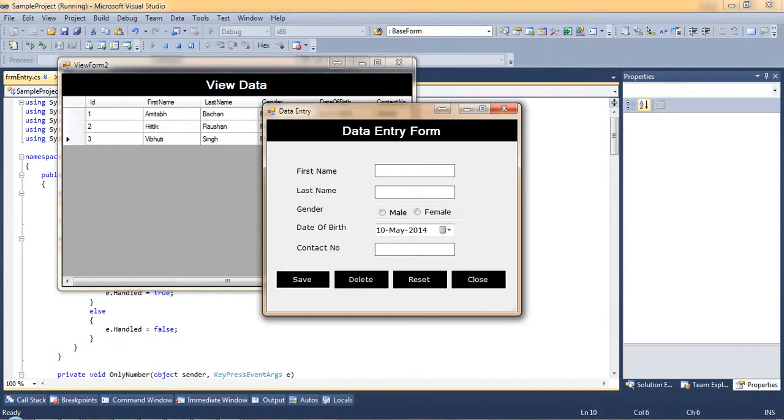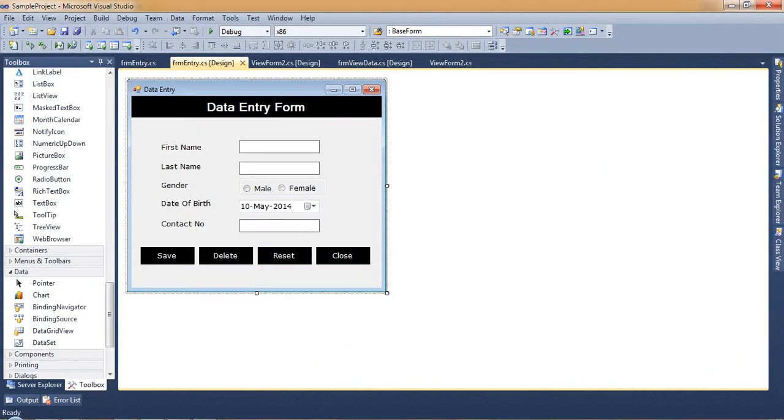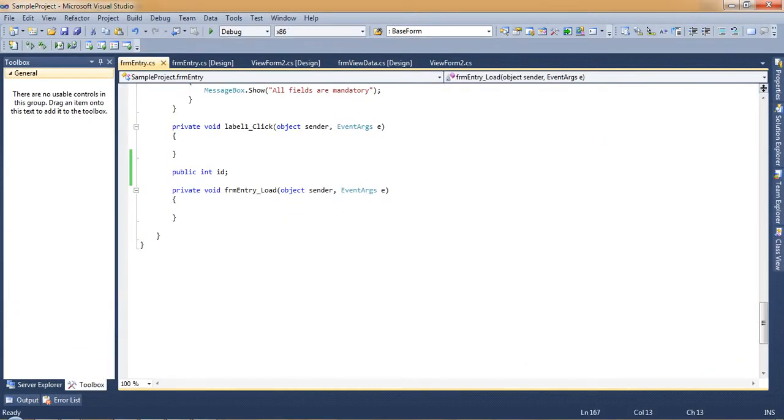Yeah, the form opens. Now what I will do is load the data from the database and display it here. So how will we do that? We'll go here, and if id is greater than 0, meaning you are passing some value, then it will always be greater than 0. This is a simple logic which I put here. Now I will write a try catch block. So I have written a try catch block.